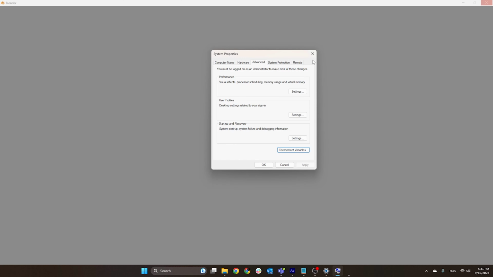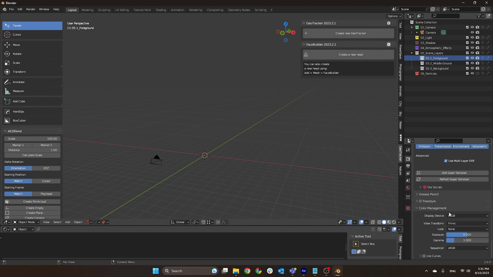So here in Blender, it is going to be automatically set for you, meaning that whenever you open Blender again. If it was already open before, it's not going to work, so you just need to close and open it again. There we go. Here we come to the color management, and we see that we have this Panasonic S1 ISO